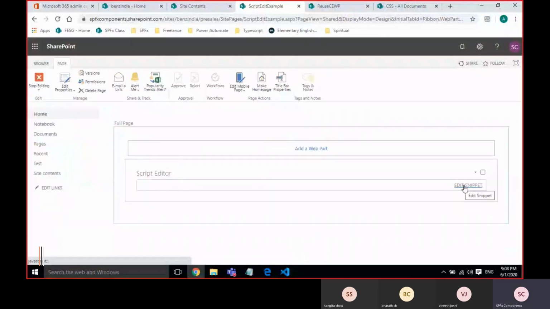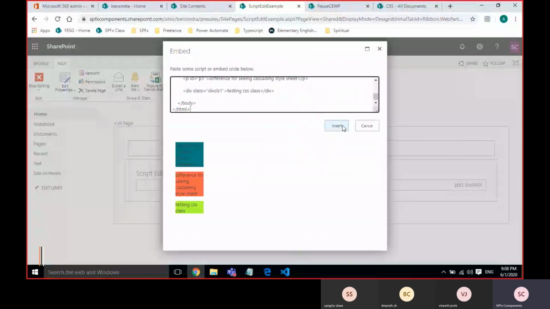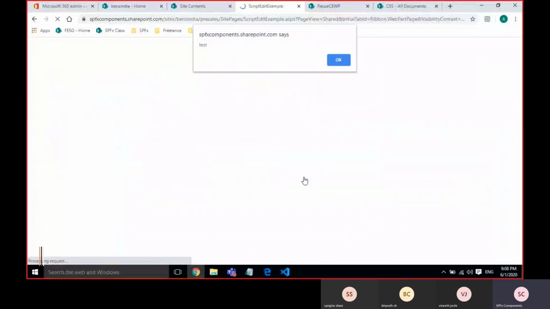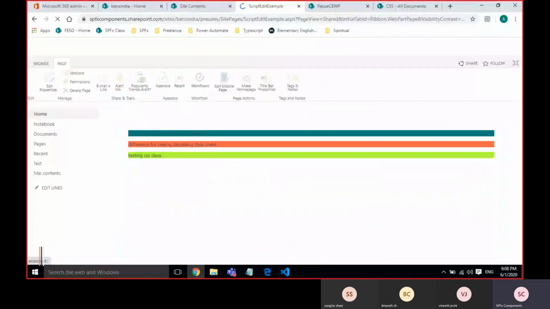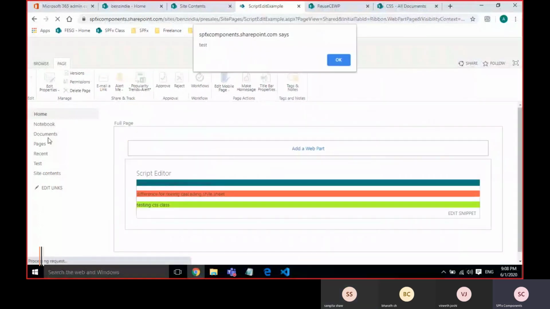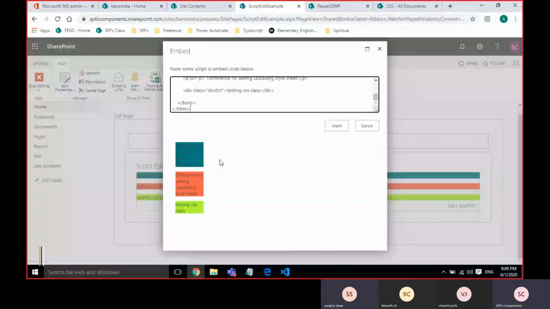Here you can see edit snippet. Directly write it. Insert and stop it. So the change is, sometimes if you want to edit something, just go to edit page. If you want to change the code, directly you can see it here.